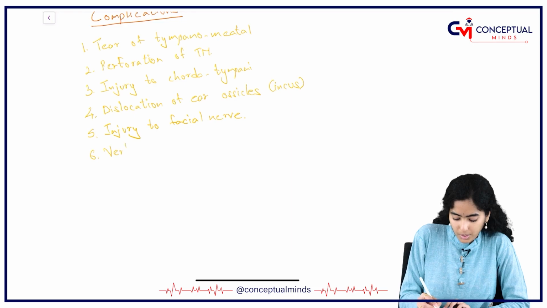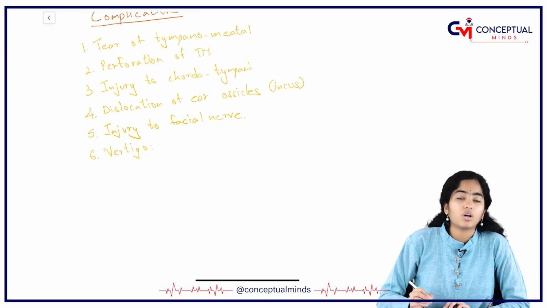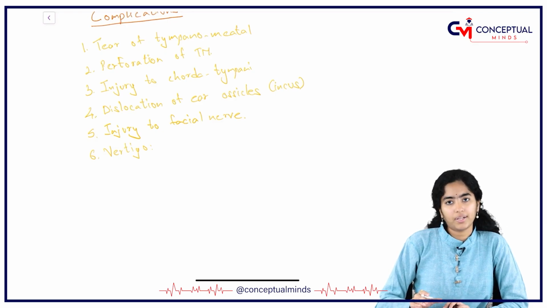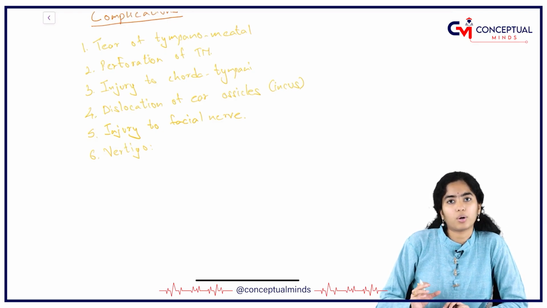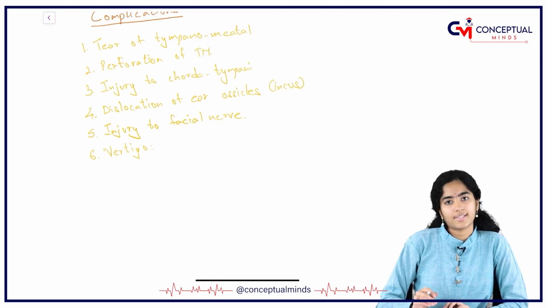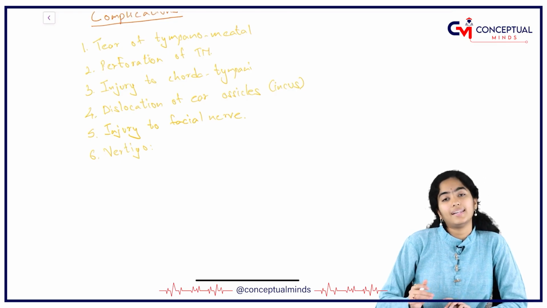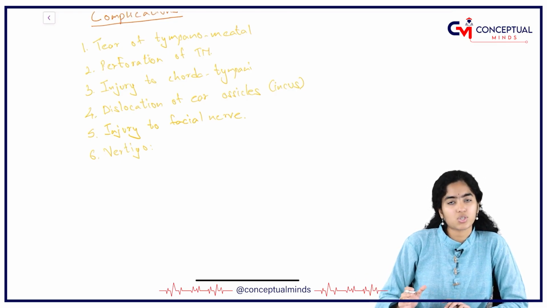vertigo is possible in the patient. Postoperative vertigo can be seen. In the early post-op period, vertigo can occur because of some intraoperative trauma or because of serous labyrinthitis, or another reason is the prosthetic that we have put is not proper in size. All these reasons can lead to vertigo. In late stages, after many years of surgery, also vertigo can occur because of perilymph fistula and benign paroxysmal positional